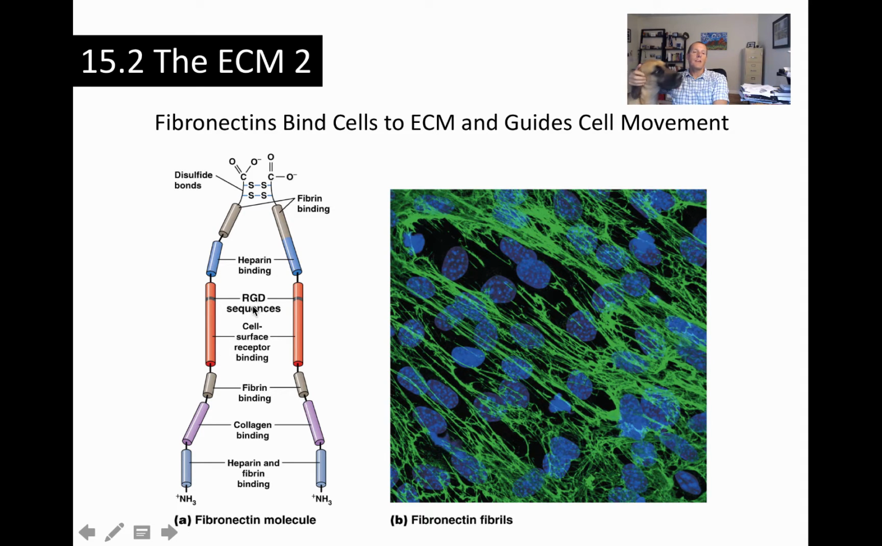So this RGD sequence here is a sequence of three amino acids: arginine, glycine, aspartic acid. And so that can be used to bind certain cell surface receptors, and amongst those will be the integrins, which we'll take a look at in a moment. So this fibronectin acts as a bridging molecule between cells and the extracellular matrix. To give you an idea of how important this molecule is,